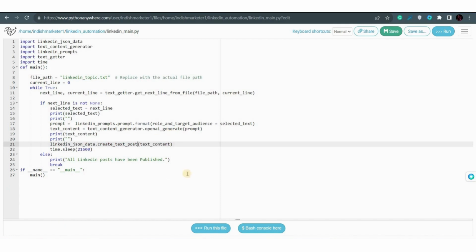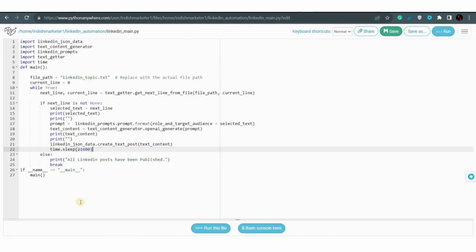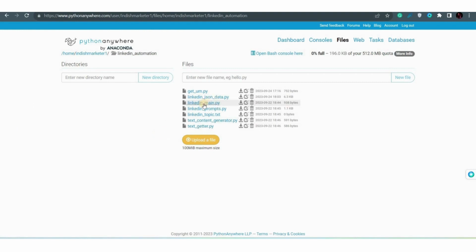After the post is published, the time module is used here to introduce a 6-hour delay before the program continues for the next execution. This process repeats until all posts based on the topics in the txt file are posted. Next, let's navigate to LinkedIn automation, where I will explain how to integrate OpenAI and where to input your